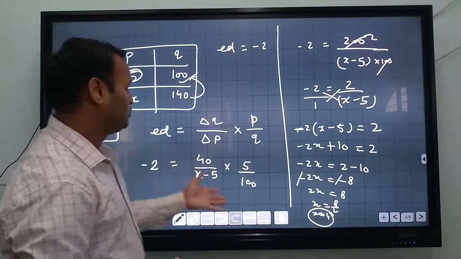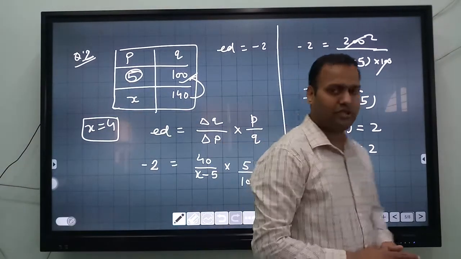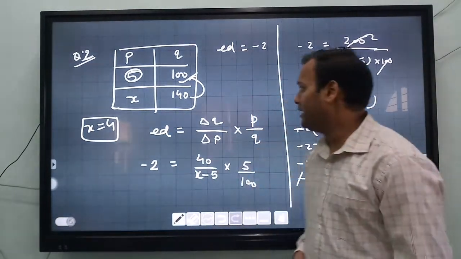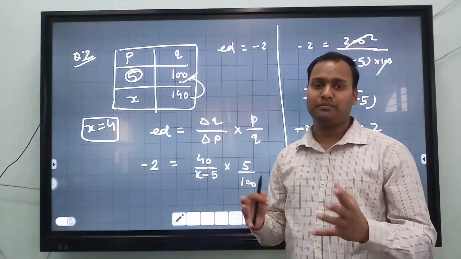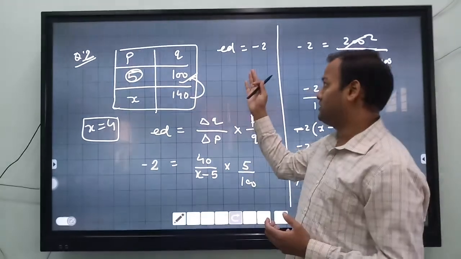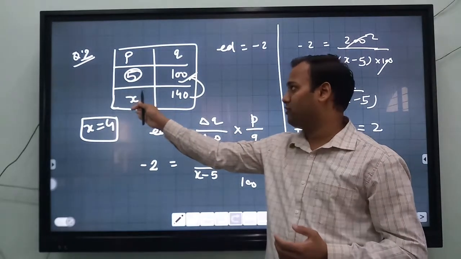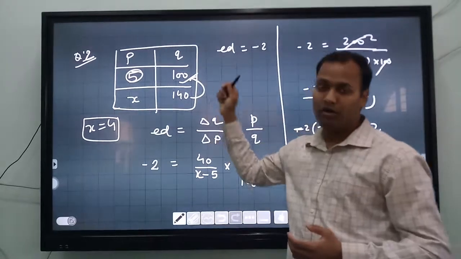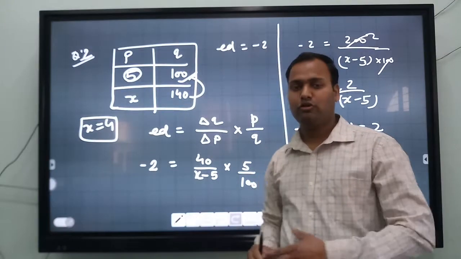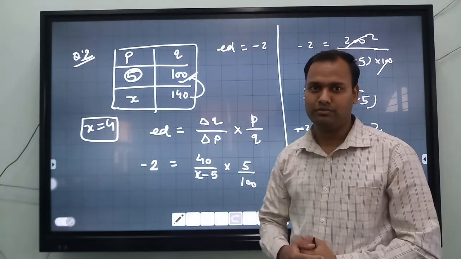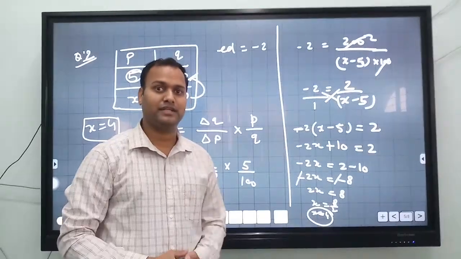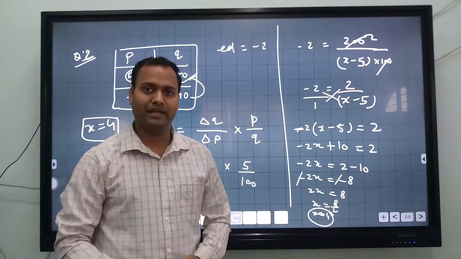So you should solve the questions related to this chapter. There are many questions in your book. If you have doubts, you can ask. There are different kinds of questions. Sometimes the percentage is given, sometimes the elasticity is given, and then we have to find the equilibrium price, initial price, equilibrium quantity or initial quantity. By using the same kind of pattern, you can solve many questions related to this topic. Thank you so much. I hope you understood how to solve this kind of problem. If you have doubts, you can ask. Thank you.